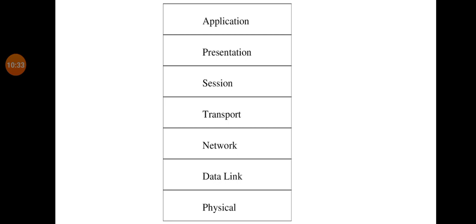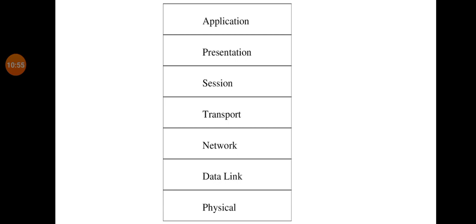Then the second function is, as the name suggests, this layer provides transport services. It is the main layer of the OSI model, so the actual exchange of information will happen in this layer.